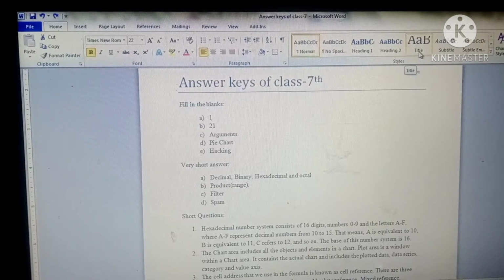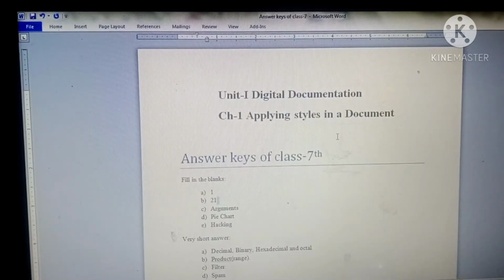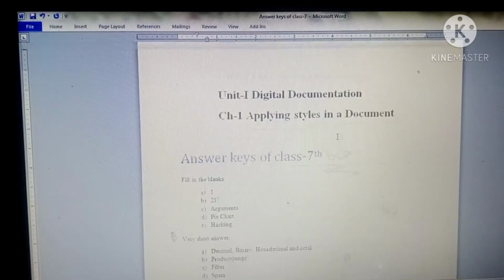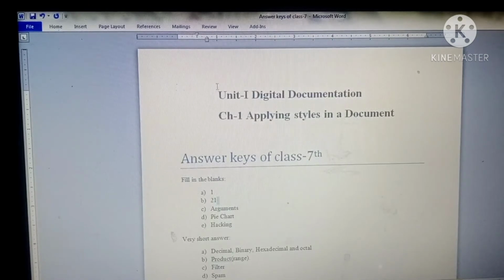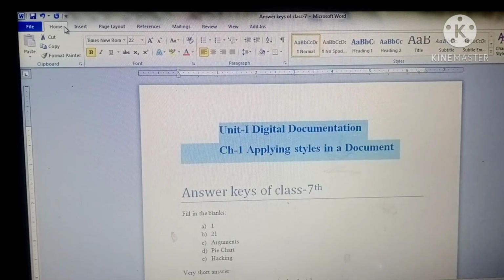When I click on it, it will be permanently stored here. Now this style is permanently stored in my file. If I am selecting this, then I click on the Home tab, click on Styles, and then Title.